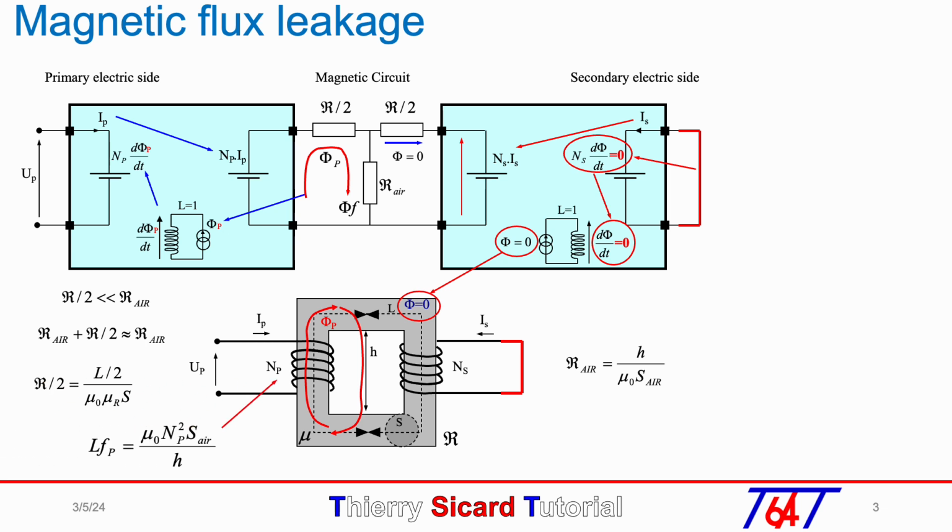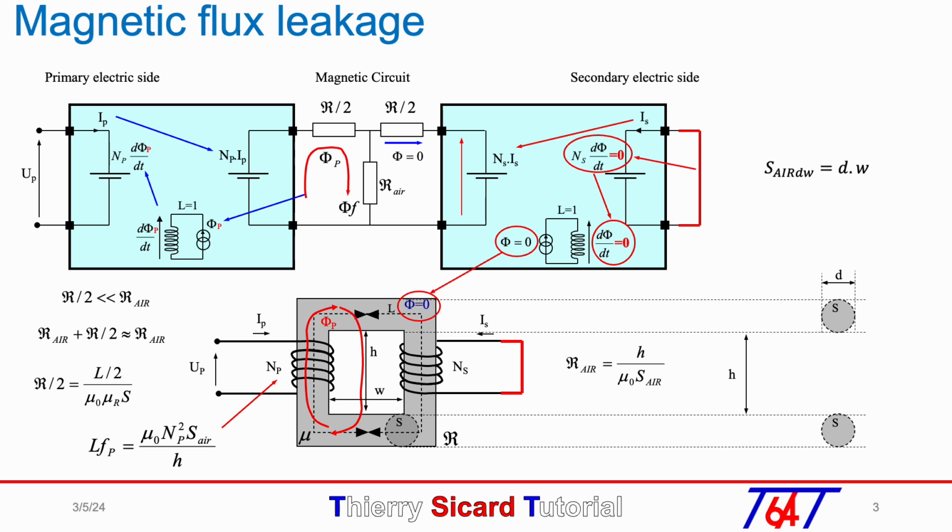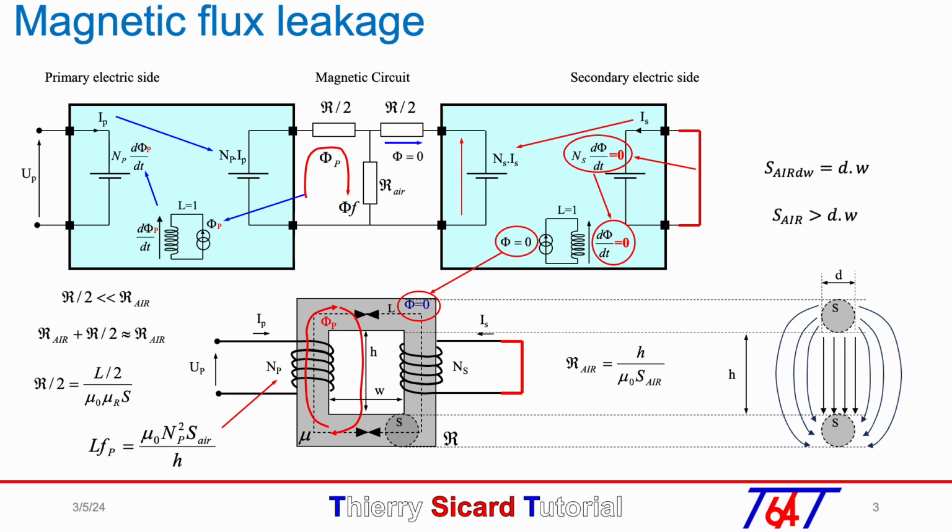As we saw on the TRIC-car tutorial number 4, the magnetic flux in the air is not easy to calculate. In the first approximation, we could define the air section of the magnetic circuit as d times W if the magnetic flux in the air was just flowing through this area. But in fact, the magnetic flux goes in plenty other areas, so the real air section is larger. But to fit the model with a real transformer, we just need to adjust the resistor R representing the air reluctance.